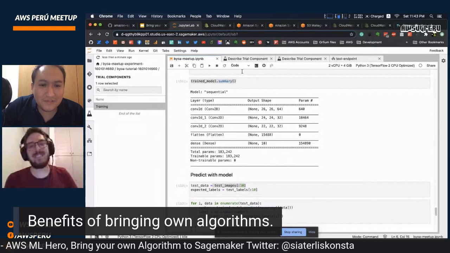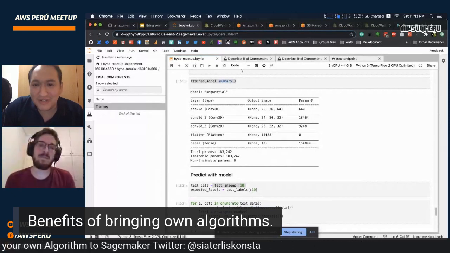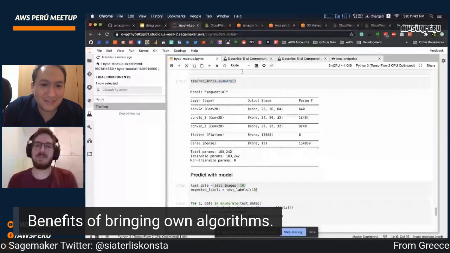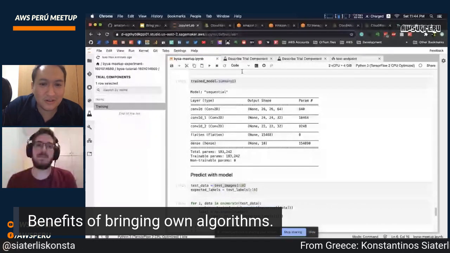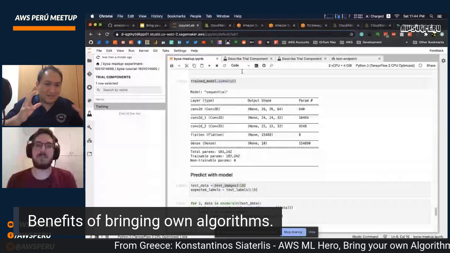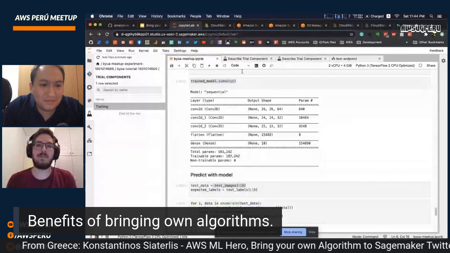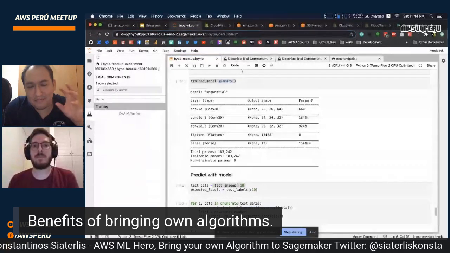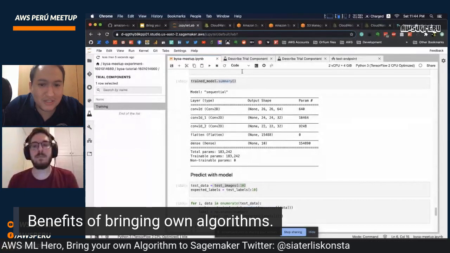That's the beautiful part of doing machine learning in AWS, right? You can bring anything you want, anything that comes in a Docker container. You can modularize that, make modular things, and bring and deploy it to SageMaker, right?